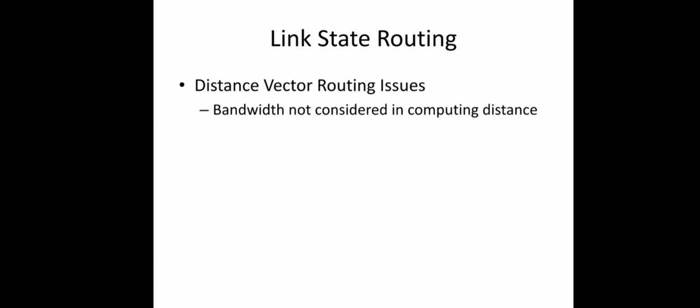First issue is bandwidth not considered in computing distance. So bandwidth was not considered as the distance metric in case of distance vector routing. Instead, some queue length or hop count etc. was used there. Initially, all the lines in the network were just 56 kilobit per second. In that case, ignoring bandwidth in finding out the distance was not an issue. But later, different lines were upgraded to different bandwidth, like one may be 230 kilobit per second, while some other may be 1.544 megabit per second, etc. So in that case, not considering the bandwidth was definitely a problem.